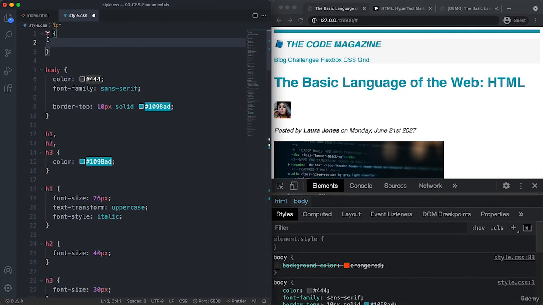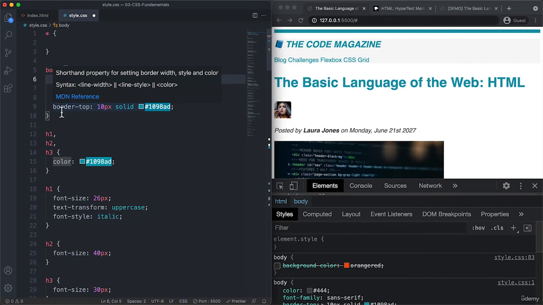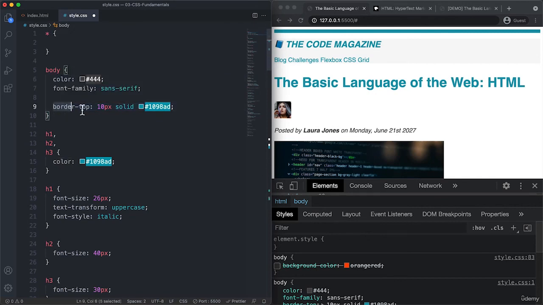So basically, the universal selector simply selects every single element on the page. And so this is useful if we actually want a certain property applied to all elements, but which does not get inherited. So, for example, the color we want on all the elements, but the color gets inherited. And so we can simply put it here in the body, right? However, now imagine that we wanted the border top on all the elements. So this, for example, we could paste this here,